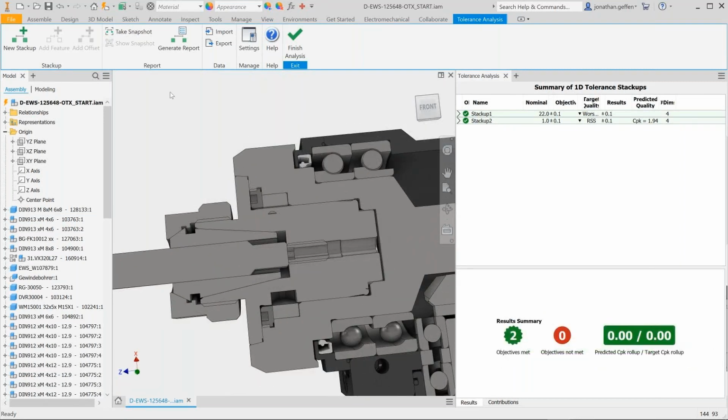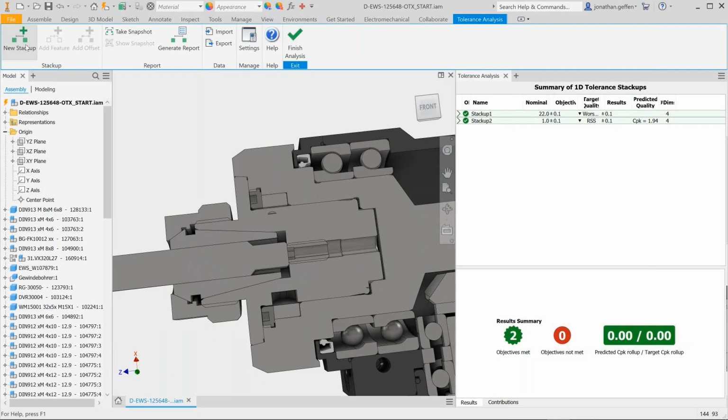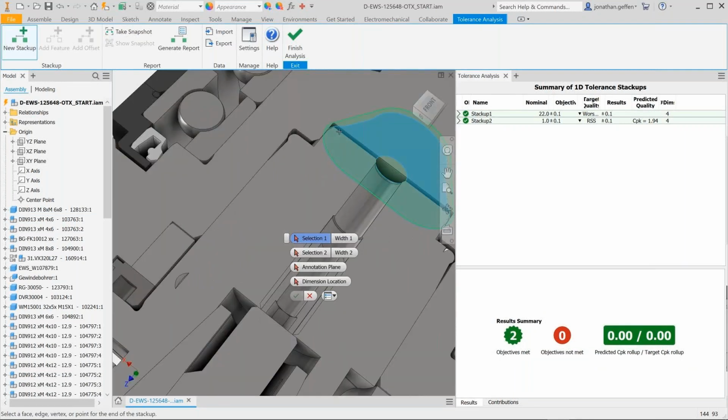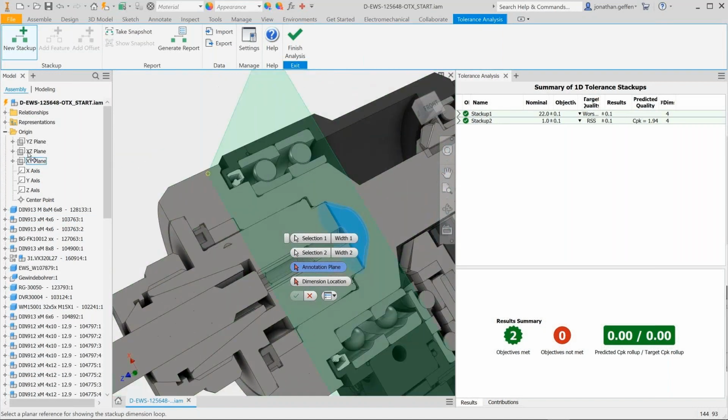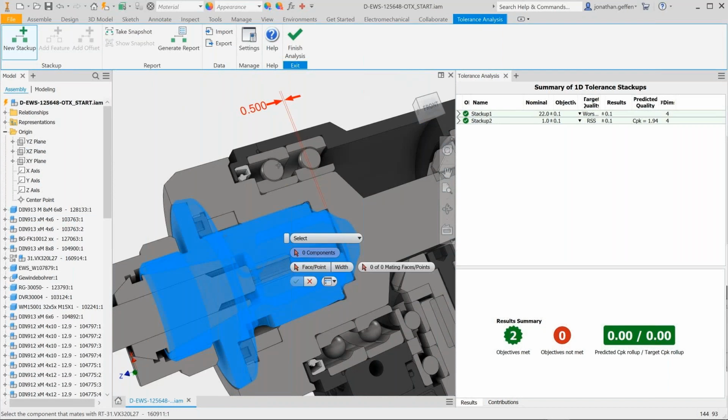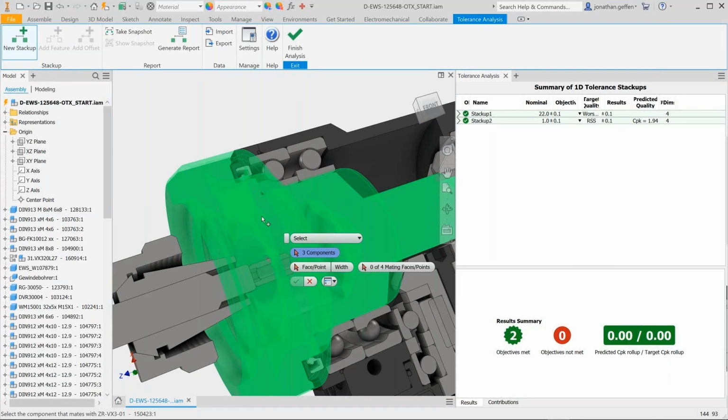Okay, and what we can do is, of course, create more stack ups around the corner here. And let's do one more on the side. And we add that dimension, and you can see that the dimension value there is 0.5. And on that face,